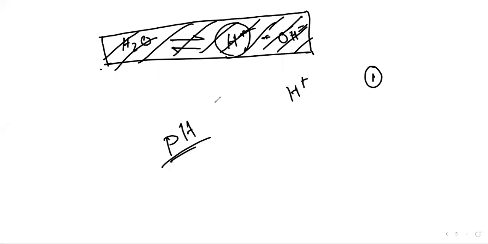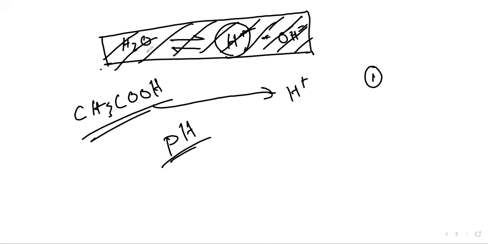So that means the only H plus ion being produced is from ethanoic acid. That's the only source for the H plus ion. No water will be ionized. That's the assumption we are making in order to have a possible calculation. The second